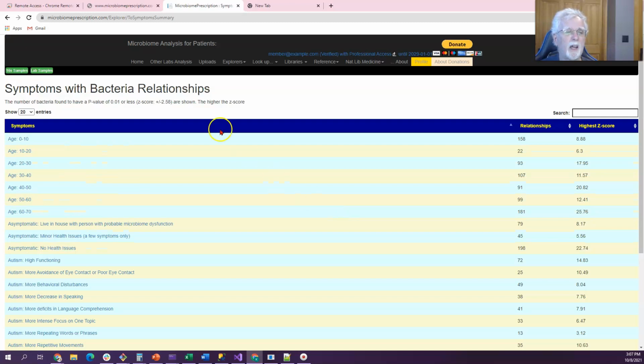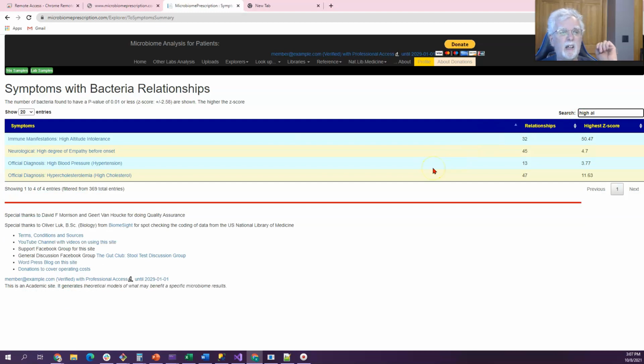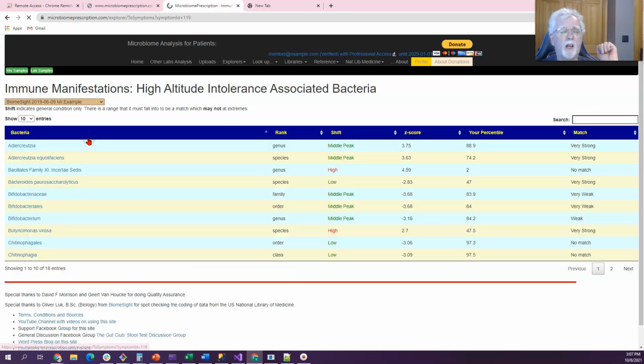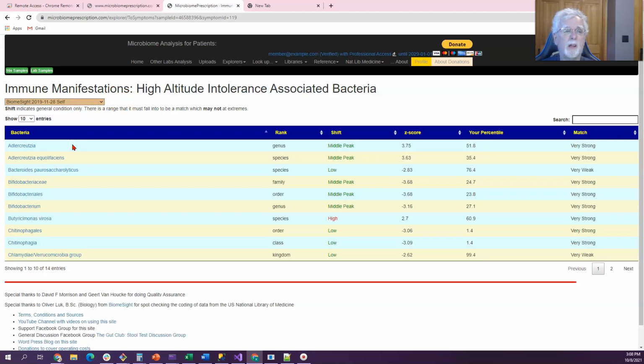We can go in and let's find something. Let's go back to where we were. High altitude intolerance there. And now when we click View, you notice up here at the top, your samples here. There's a stack of different samples here, and you can change the different samples. It automatically detects that you're logged in and will automatically select the first sample. So you can go in, let's take a middle one here. Numbers are automatically recomputed, and you can see where it is. Here we have a middle peak.